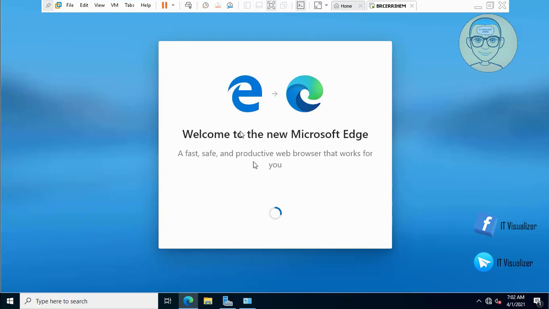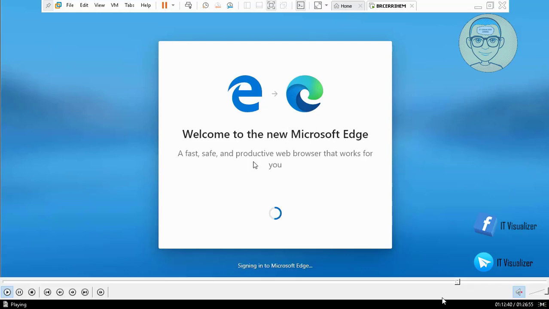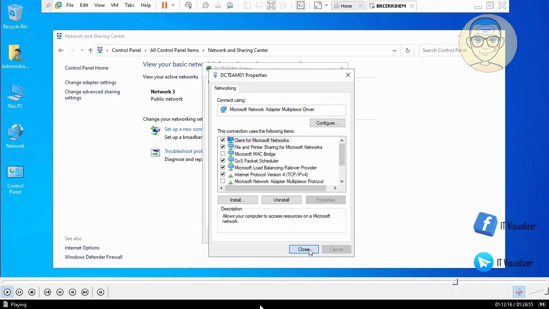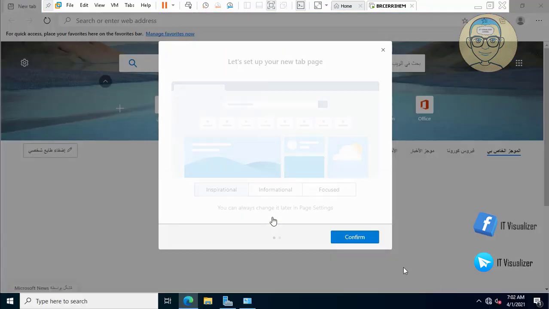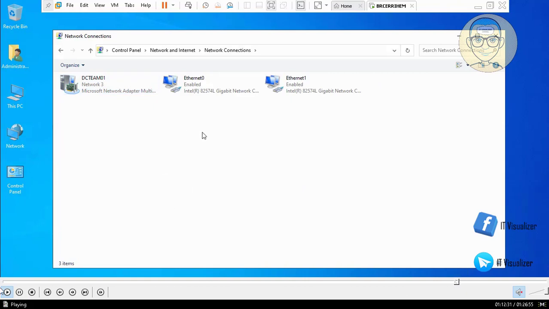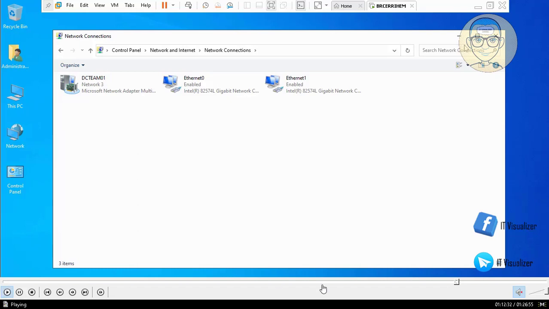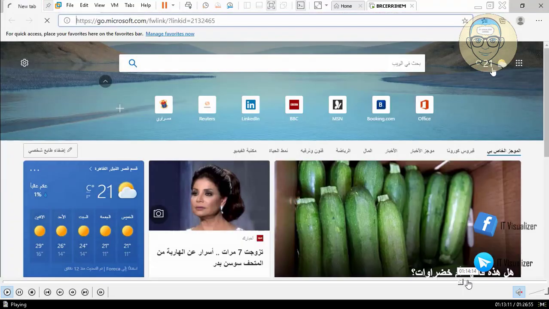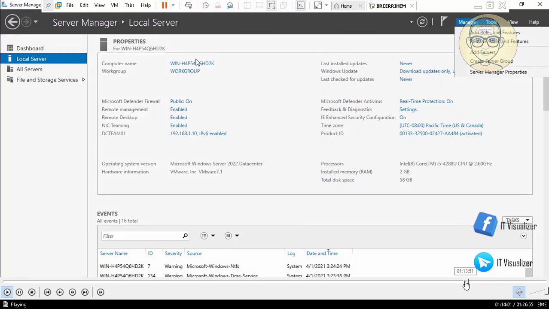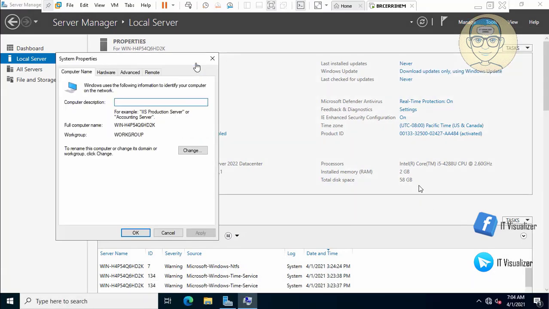the preferred DNS. Here you can see that there is a third connection. If we can go a little bit further here, you can see that there is a third connection. Just a moment here. So here we can see that there is 2 network connections for every network card, and this is the third network connection that contains both network cards, and they will act as one, and the IP will be added as one here for the 2. So here when we open the Edge, we can see that we have internet access. Here we will change the name of the PC and then tell him to change